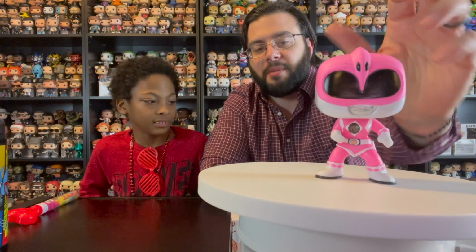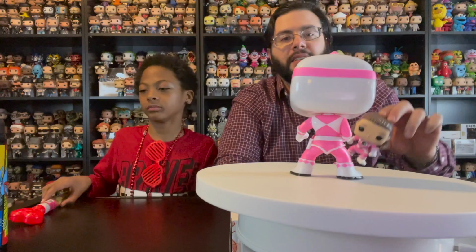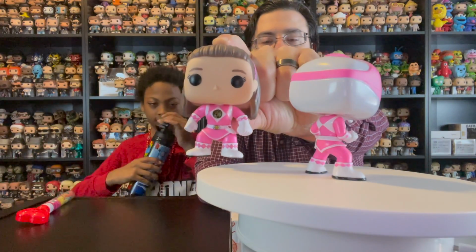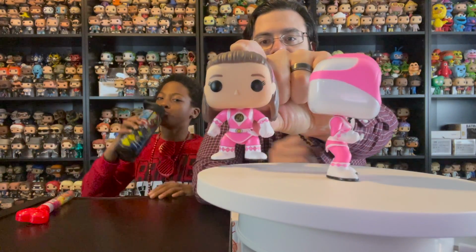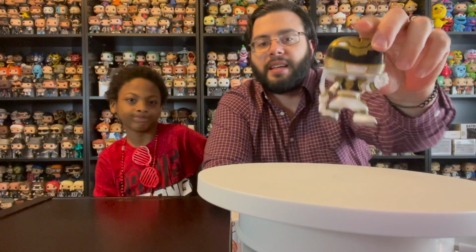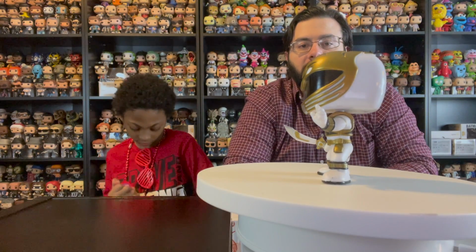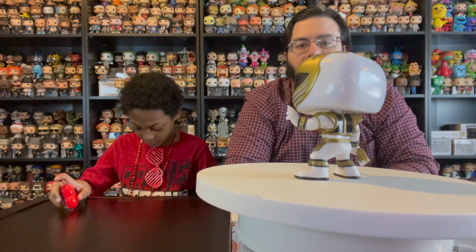Second to last, Kimberly. We've got Kimberly, the Pink Ranger, in her action pose. Is that her last name? Hart. Not the original version, which just had the hands by her sides, but we do have the unmasked version of Kimberly as well, which has her pink hairband and longer hair. So the last Power Ranger, that's really cool that they came out with, is an action pose version of the White Ranger. I'm not aware of an unmasked version of the White Ranger, but really a super cool...